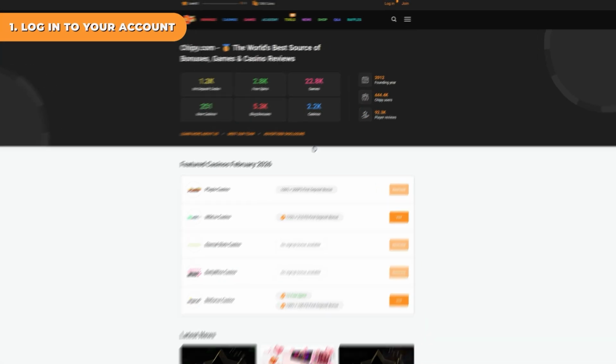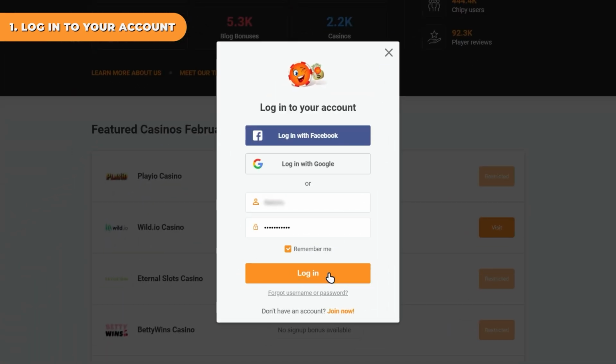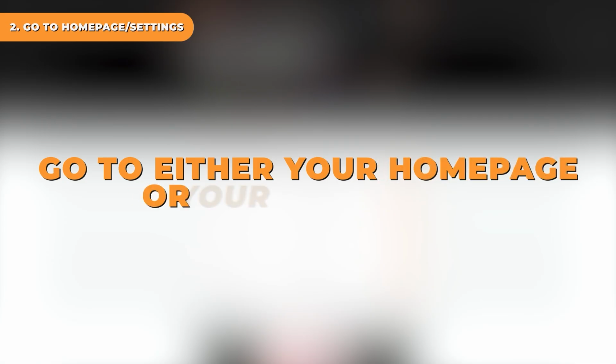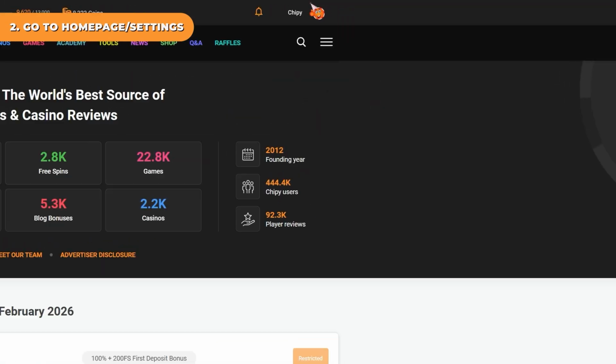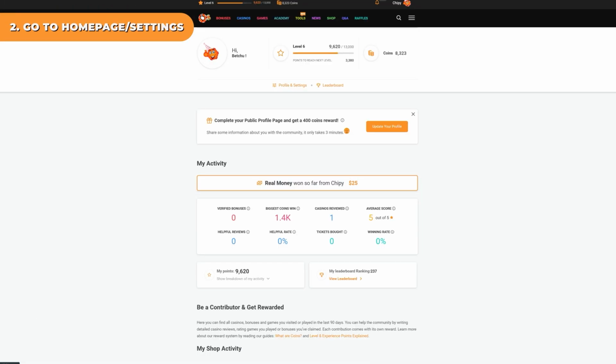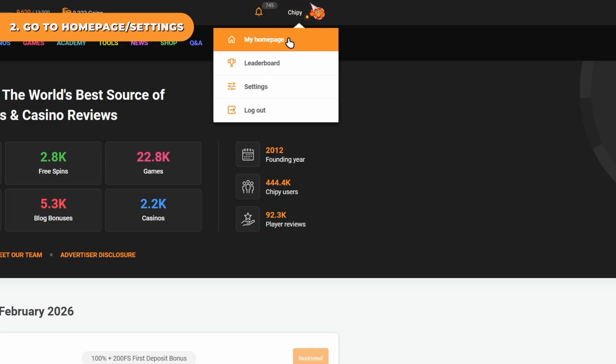First, log into your account by clicking the Login button located in the top right corner of your screen. Next, go to either your homepage or your settings. For the homepage, click on your Chipy avatar or hover over your username and select My Homepage from the drop-down